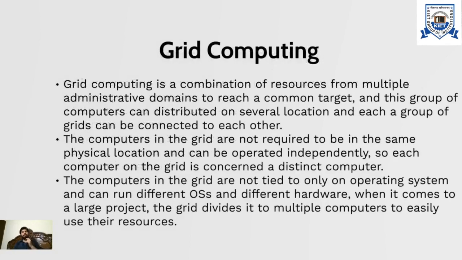Now let's talk about grid computing. Grid computing is a combination of resources from multiple administrative domains to reach a common target. This group of computers can be distributed across several locations, and each group of grids can be connected to each other. So here also we have multiple computers which are connected with each other, but here they have used the words multiple administrative domains. This means that